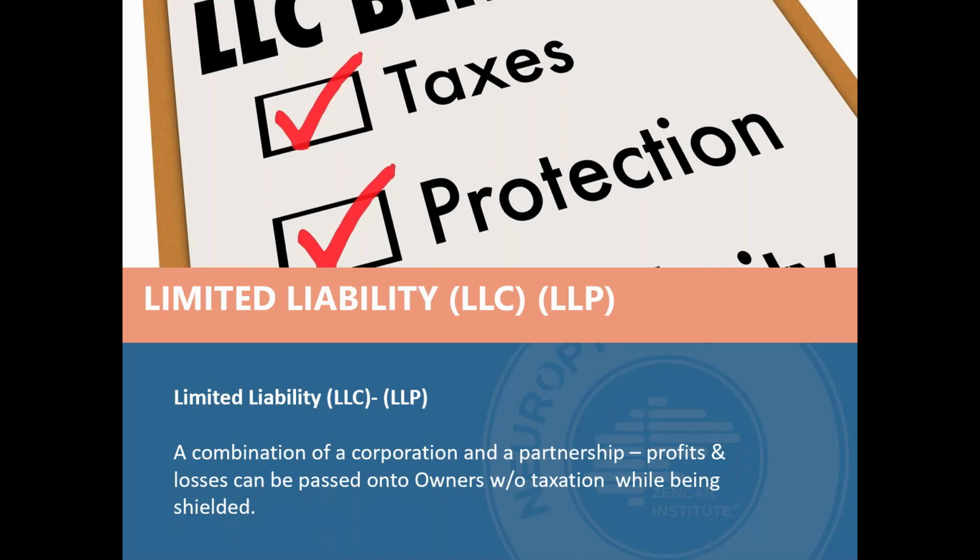this limited liability company or limited liability partnership was formed, or limited liability corporation. It basically is a separate legal entity, okay, much like a corporation, where the profits and losses are passed on to the owners. So it shows up in your personal taxes, just the same as being a sole proprietorship. It has the corporate veil, is an entity to itself, and is an easier thing to document and follow and keep up to date. Okay,